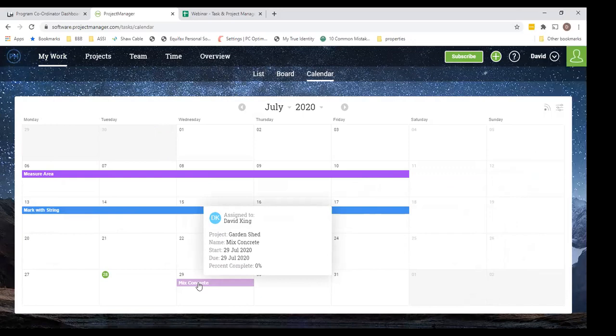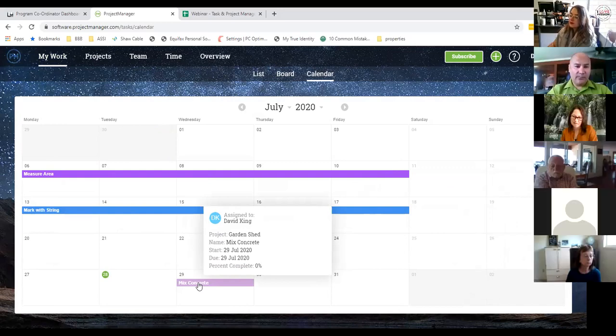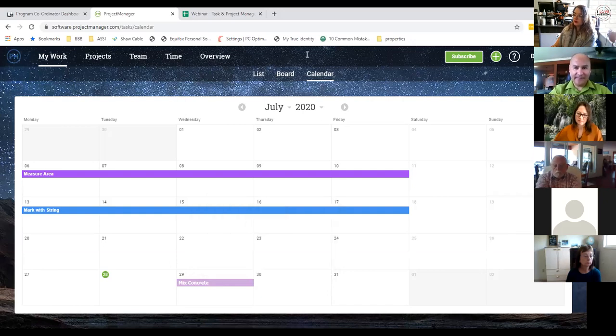Okay. Now, I know there's a lot more comprehensive tools out there, but the reason I like PM.com, it's cost effective, number 1. Number 2, it's got everything I need it to do. Okay. And number 3, it's just simple to use. The reports, the tools, the dashboard, it's just so simple. Okay. Any questions before I move on?